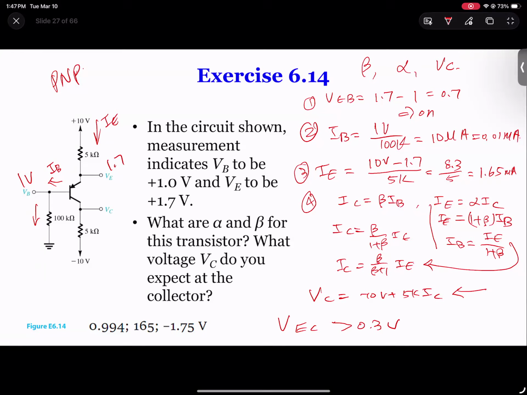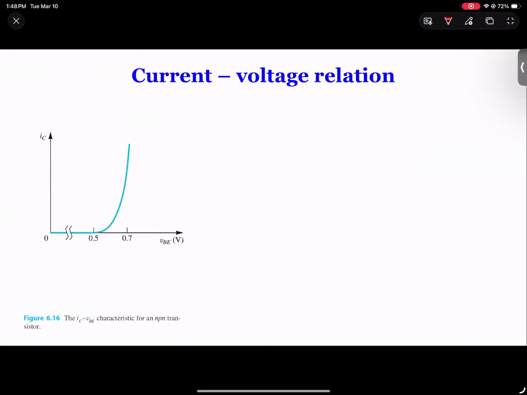So just recap. You can remember: plug in, find IC. Once we find IC, we plug in here, we can find VC. Once we find VC, we can calculate VCE. That has to be larger than 0.3. So yeah, and it is minus 1.75. Okay, so